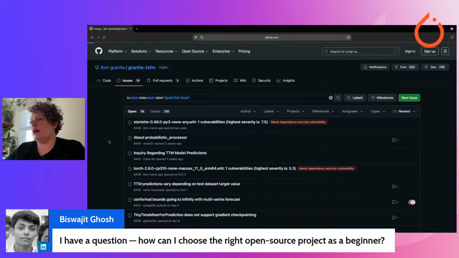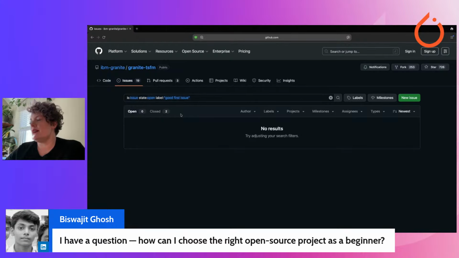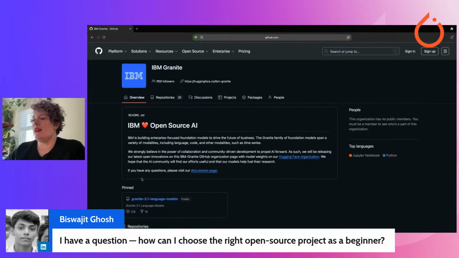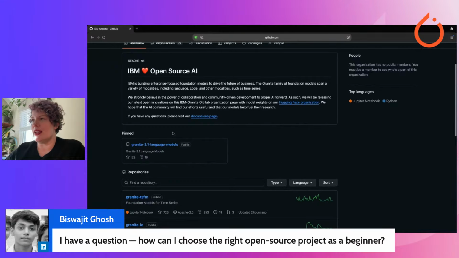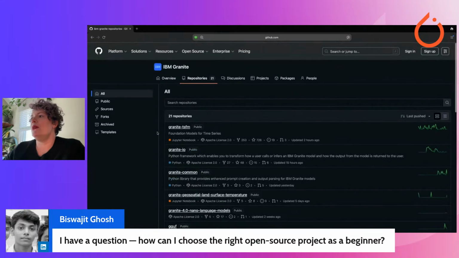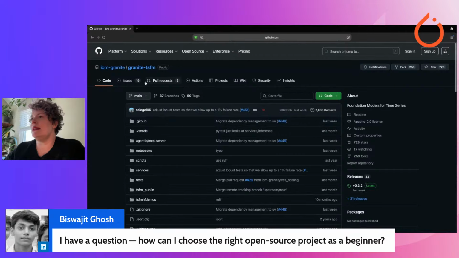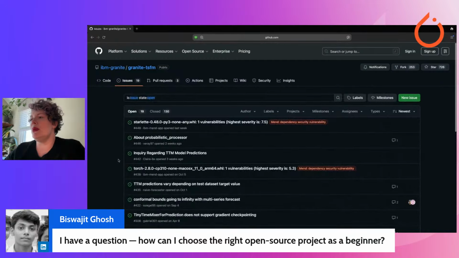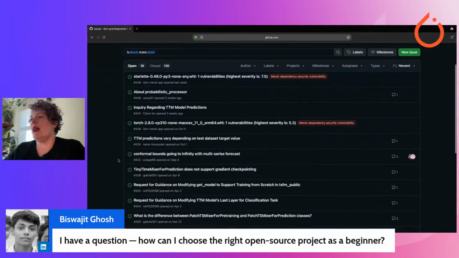And then it should sort up. This project doesn't have any good first issues, but I could have planned ahead and planted myself into a project that had that. You can look to see if a project is leveraging good first issue tags. And if not, either way, just look through the issues to see if there's anything easy that you can pick up and work on.